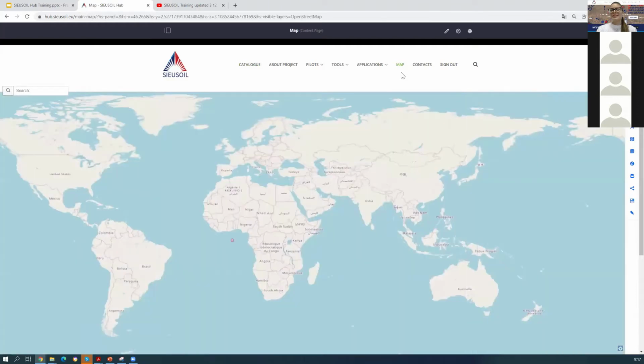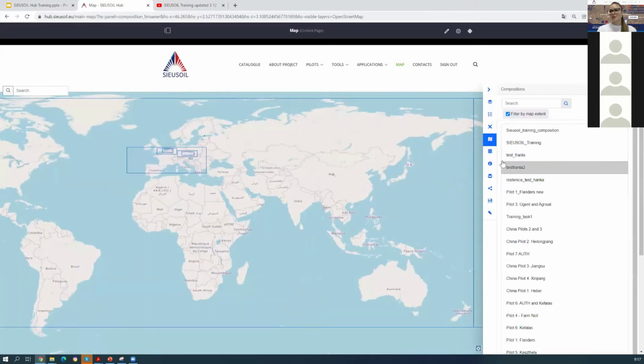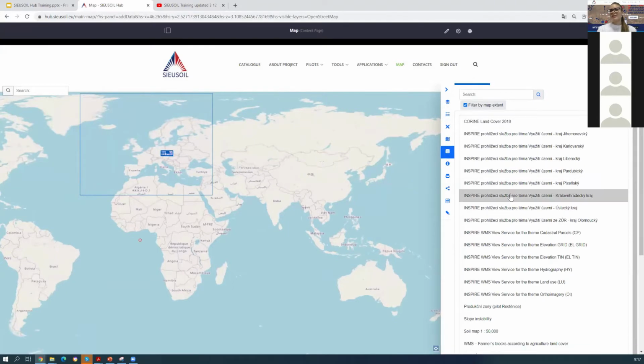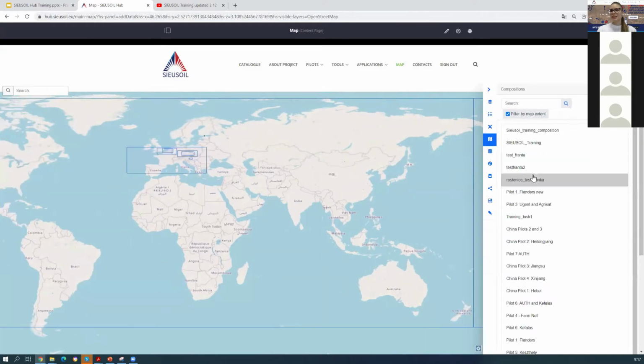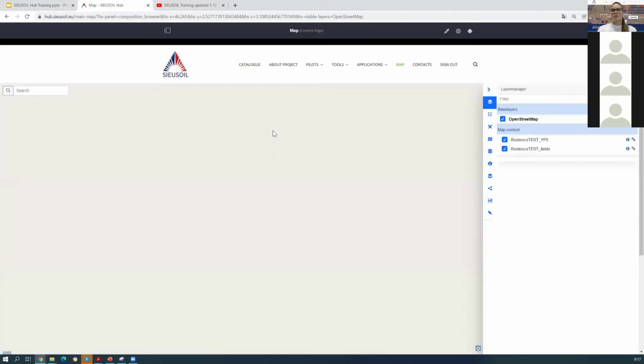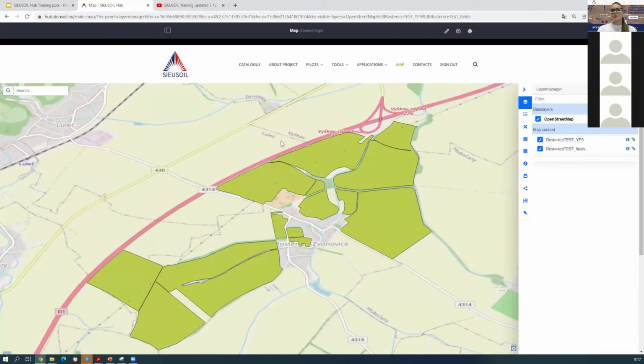Just a minute, please. In the map client, you can visualize available map compositions and also data sets that are available at the SIEUSOIL Hub. So let me, for example, show you the SIEUSOIL Hub training composition and how it's visualized.